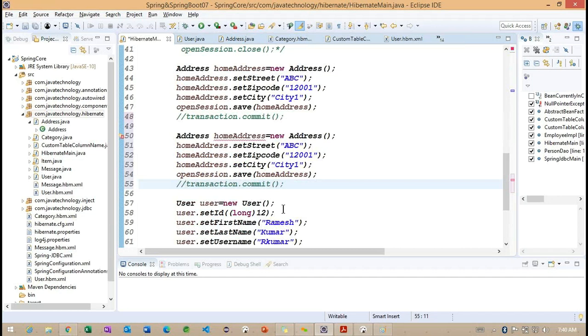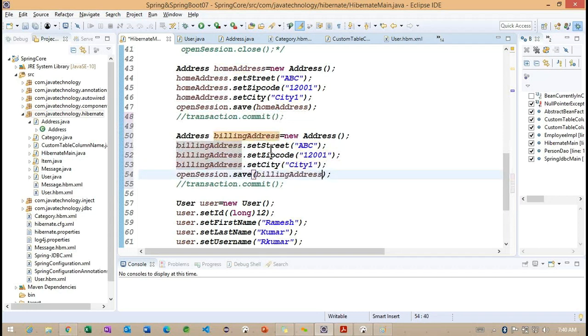This particular transaction commit we can use only one time because now we are in the same transaction. Back to here. So this is the billing address. Getting the point? Now observe carefully how we are trying to add this particular billing information.